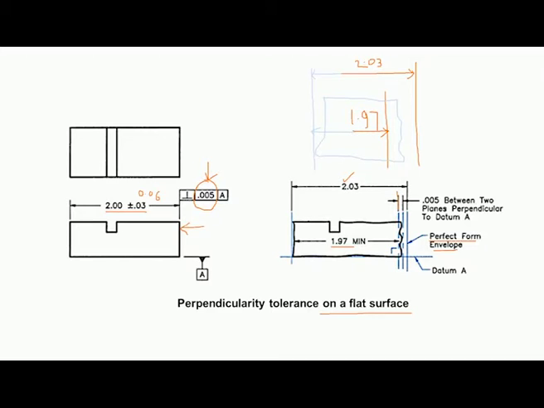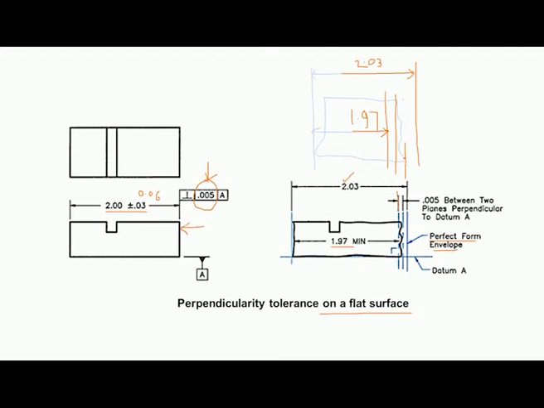Now we have to consider this surface to satisfy this perpendicularity tolerance. So this is the one spot, we have to draw a line here, and this is another spot on the extreme end.